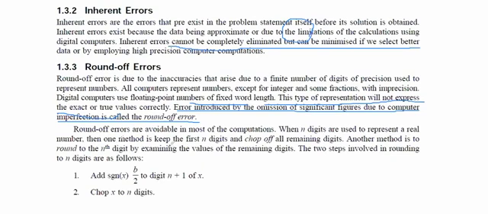Then one method is keep. This sentence is wrong, but in mathematics we can pick up the mathematics. This method is to keep the first n digits and chop off all the remaining. Chop off means delete. Another method is to round to another digit by the values of the remaining digits. The two steps involved in rounding to n digits are: the first is to add b to the power minus n plus 1 by 2 of x, where x is the number, then chop x to n.